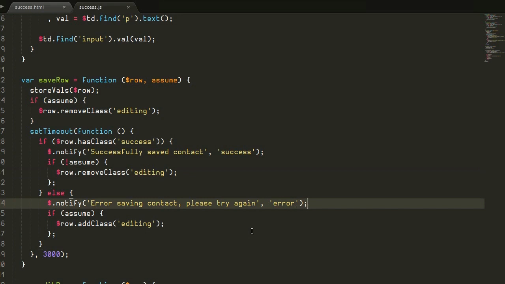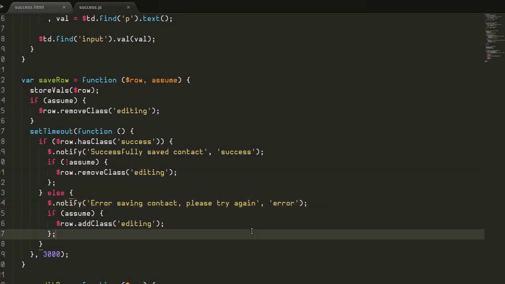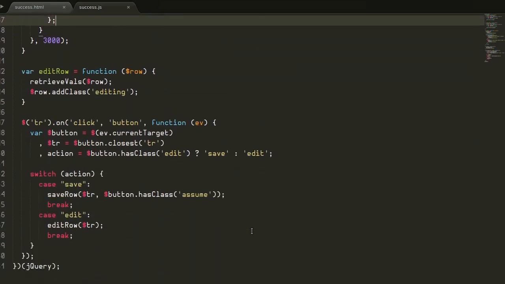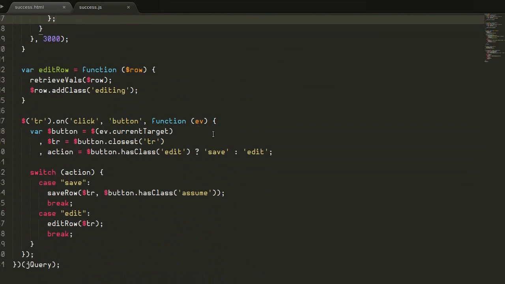try again. Obviously, in this case, trying again is worthless since we have one person who will always succeed and one who will always fail. But obviously, hopefully in your actual application, any errors can easily be remedied or simply just be retried if they failed due to network conditions. Beyond that, we simply use a little jQuery to bind to our buttons inside each row to trigger either an